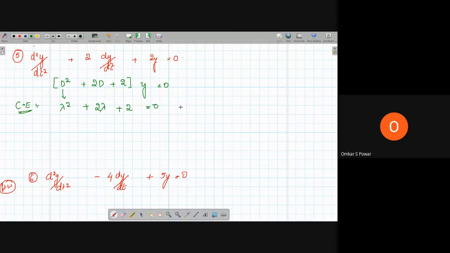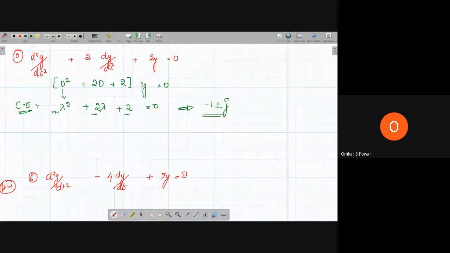So if you solve this using calculator, go to mode, equation, then degree 2, enter 1, 2 and 2, you will get lambda as minus 1 plus or minus j. So if you take this condition, minus 1 plus or minus j. Okay. So what is your a here? A is equal to minus 1. B is equal to